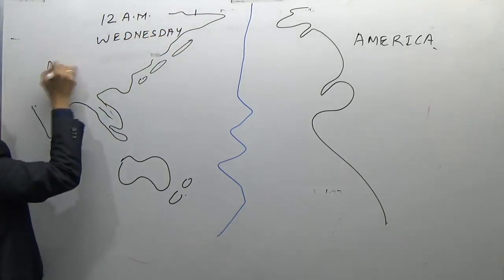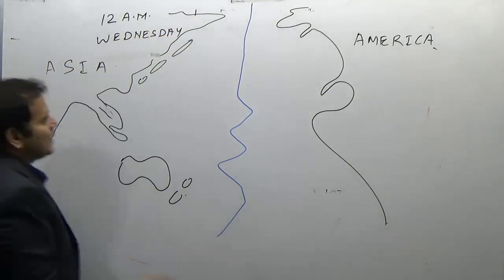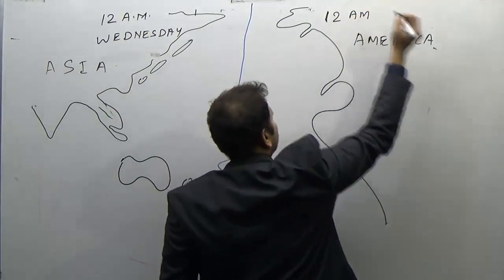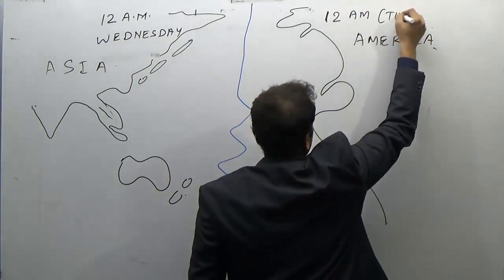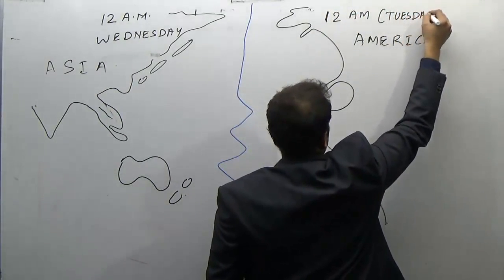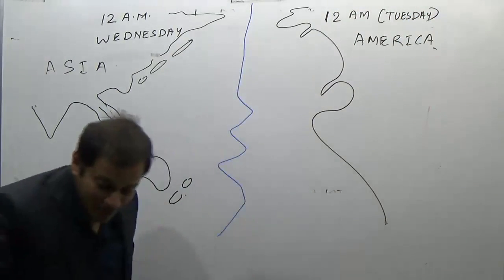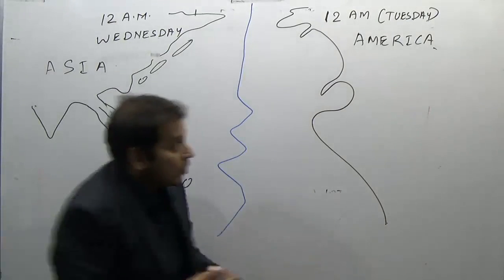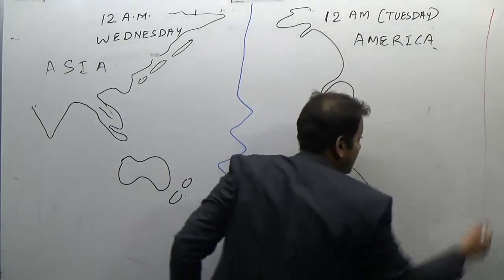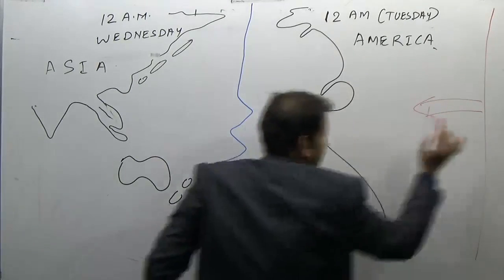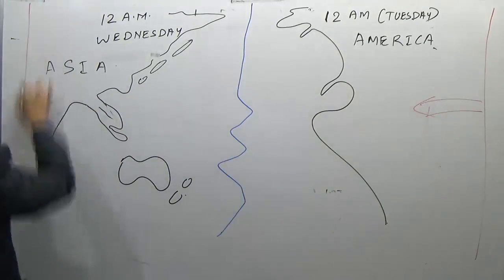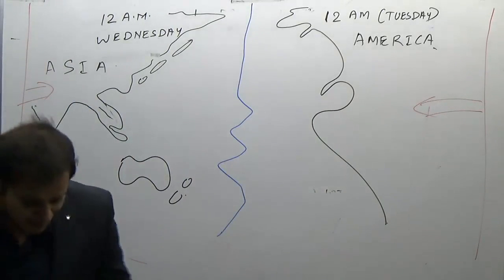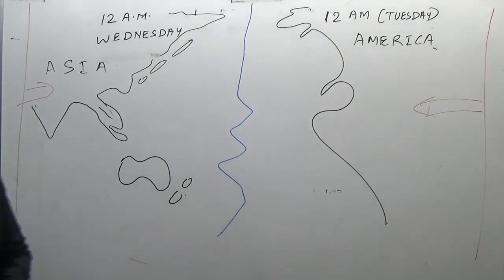In Asia, it is 12 a.m. Tuesday in America. Why? Because you are coming from here on the western side of Greenwich Mean Time. Here you are going on the eastern side of Greenwich Mean Time. So, for now the person who is traveling from Japan or from Russia,